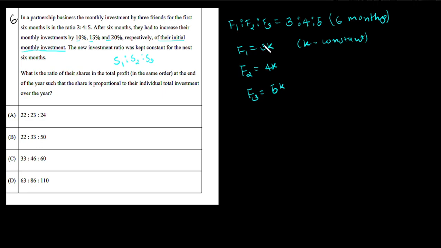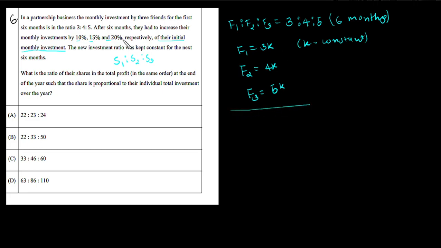Now again in the second month this first friend has to invest 3k amount of money in the same way. So if I want to find the total money invested by this first friend after 6 months, I simply have to multiply this 3k with 6. So now let's